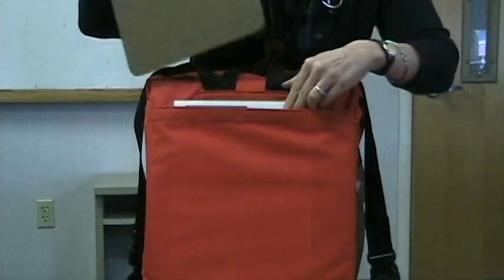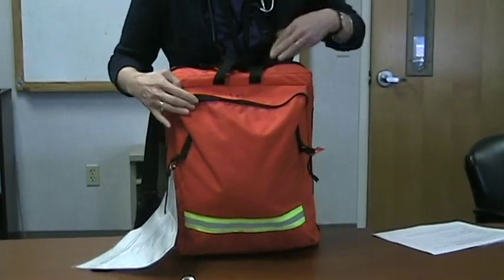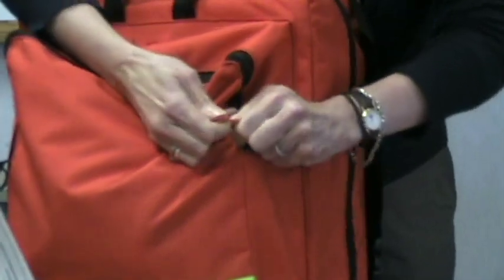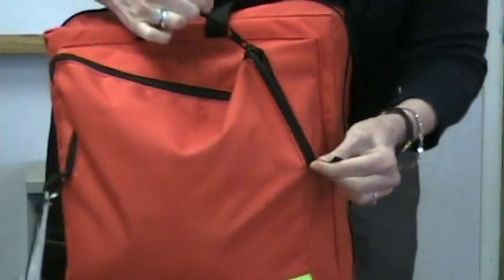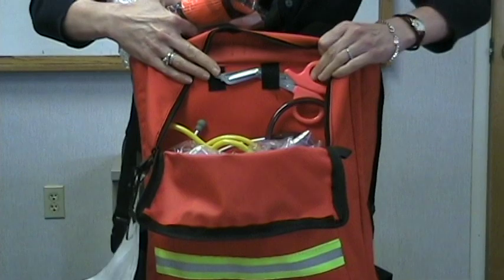The back pocket of the bag contains a clipboard, the medical emergency response documentation form, and a pen. The front pocket of the bag has a zipper with a lock, so you break the lock to open it. This pocket contains some of the equipment that you might want access to right away, such as the trauma shears,